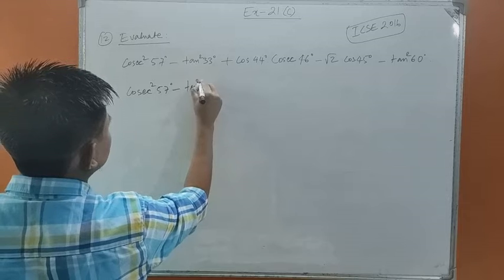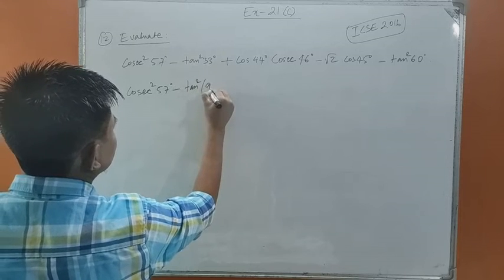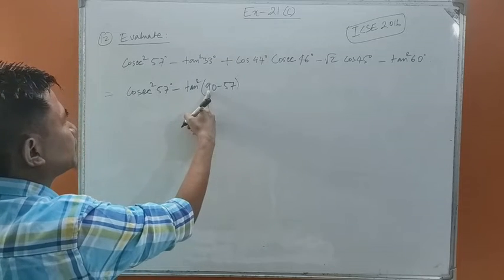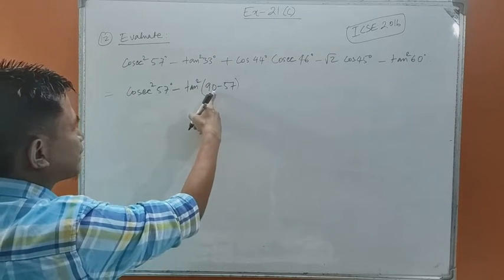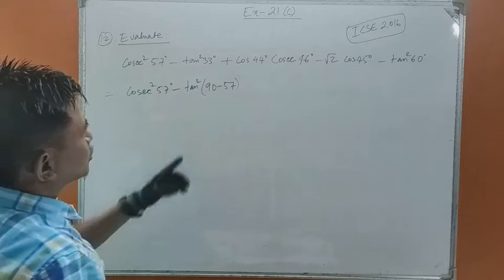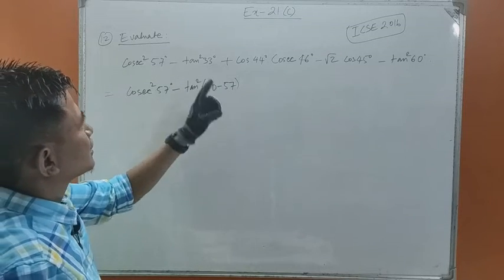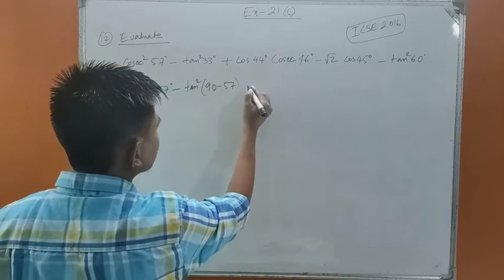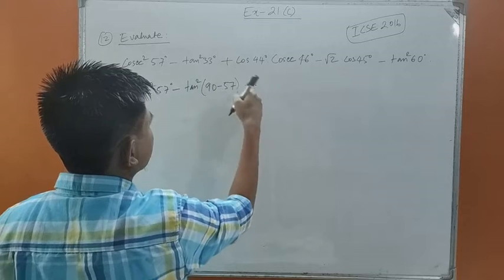Tan 33 means 90 minus 57. If you subtract 57 from 90, you get 33, isn't it? 10 minus 7 is 3 and 8 minus 5 is 3. So 90 minus 57 is 33. Instead of 33, you can write 90 minus 57. So plus,